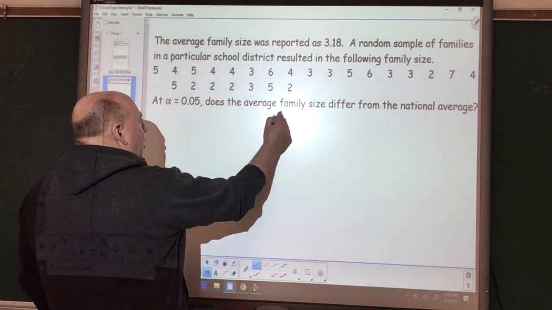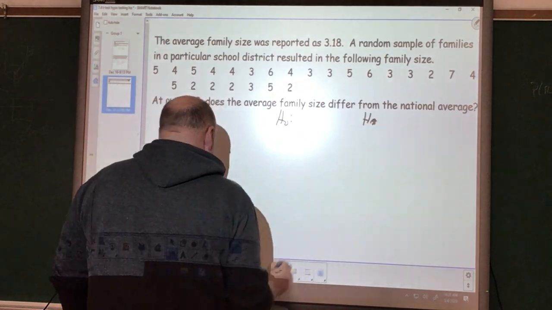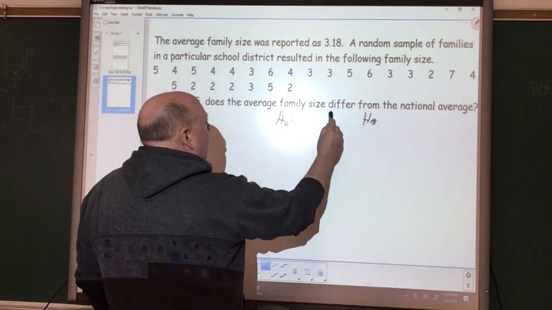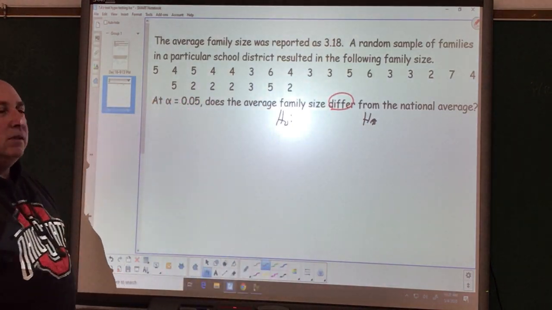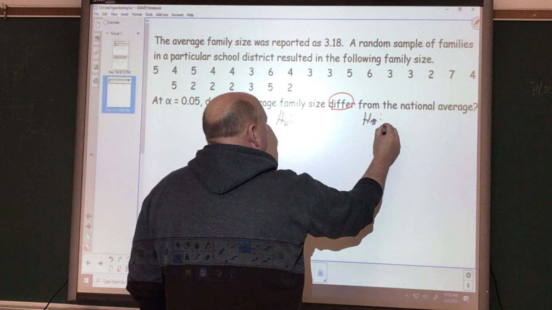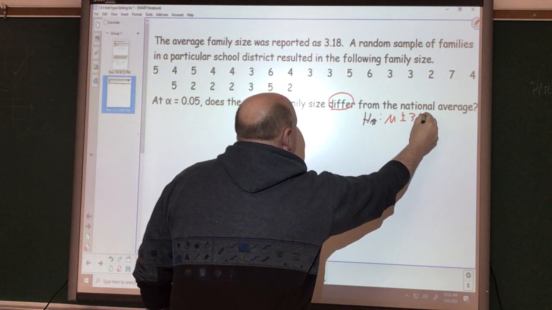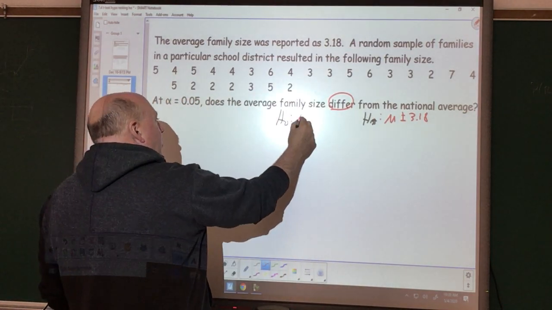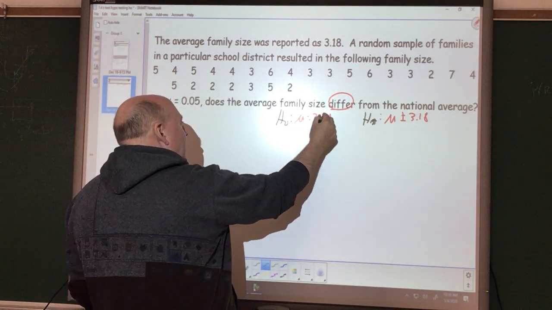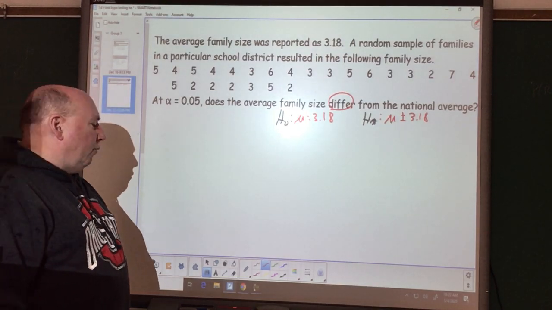So we start with our null and our alternate. The key word here is differ. So our alternate will be mu does not equal 3.18. So mu here would equal 3.18. Now the difference is